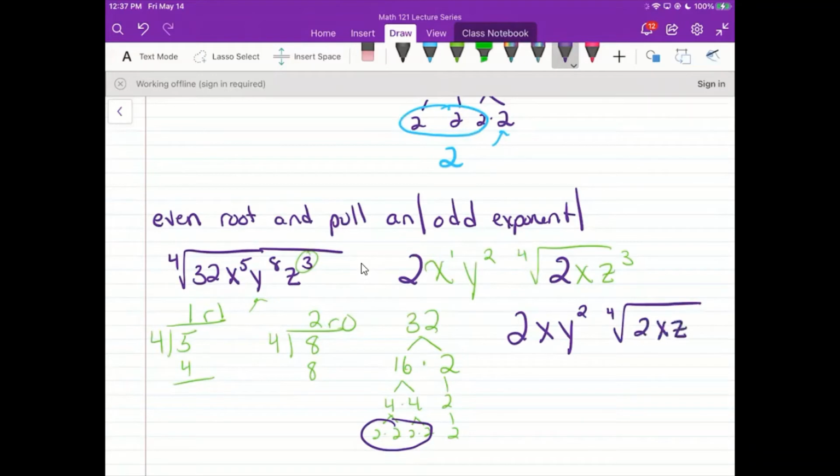But as I stated before, because it was an even root, if I pulled out an odd exponent, which I did with the x that had an exponent of 1, I must put it in absolute value to make sure that I'm not trying to take the even root of a negative